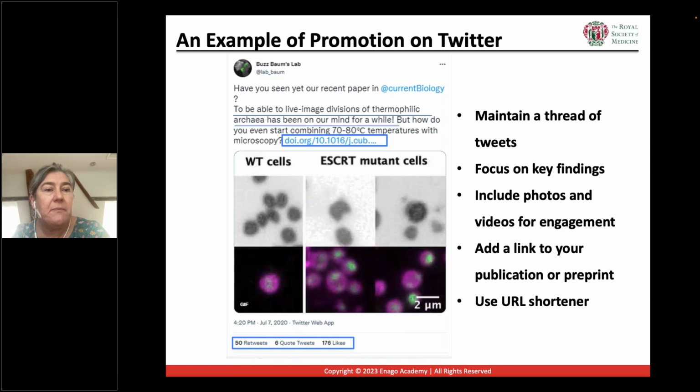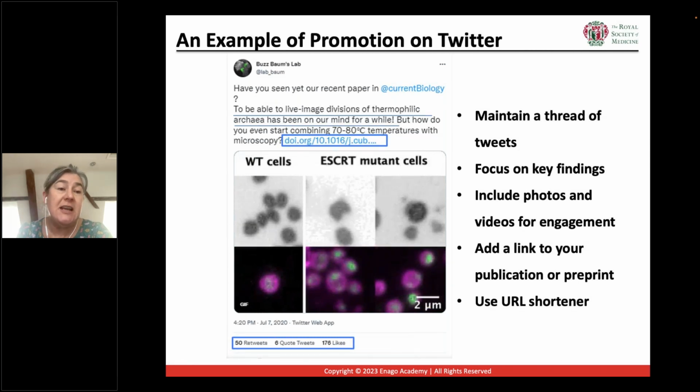So thinking about promotions in Twitter, if you take the time to compose a thread of tweets that convey your findings, you can then make sure that you're telling a story. And it's been shown that tweets that have got photos or videos do gain an average of 25 to 35% more retweets and more engagement. So that's worth knowing and worth thinking about how to incorporate.